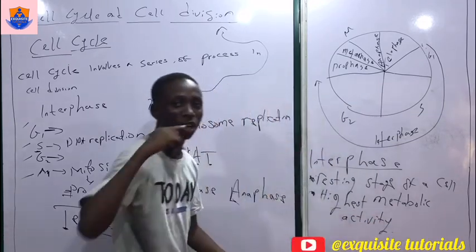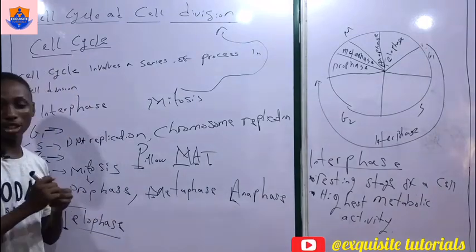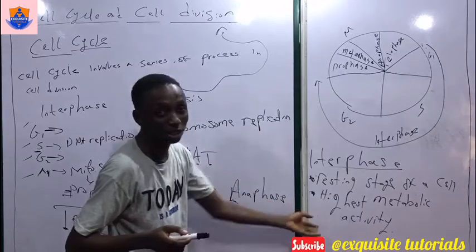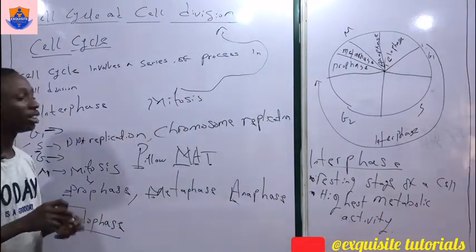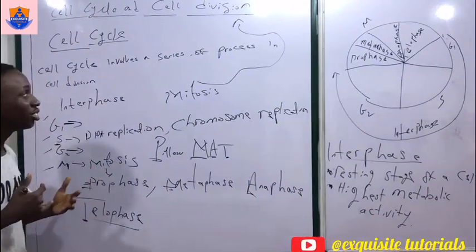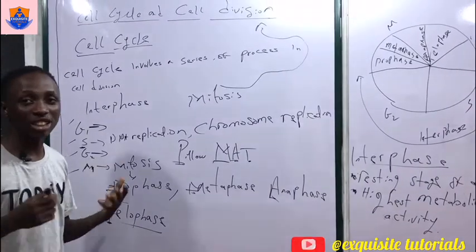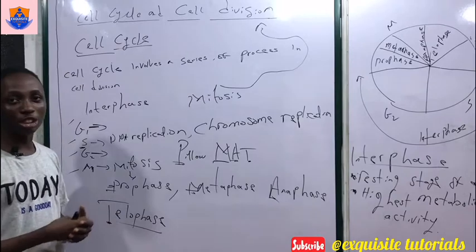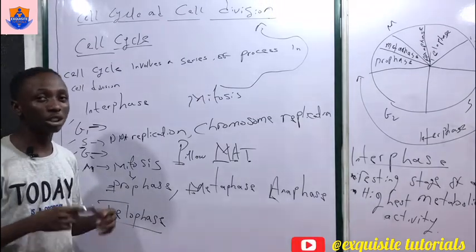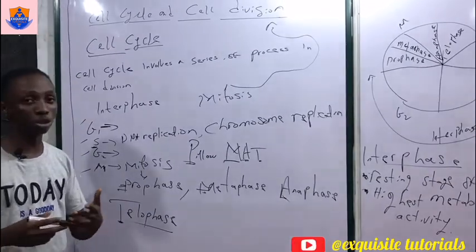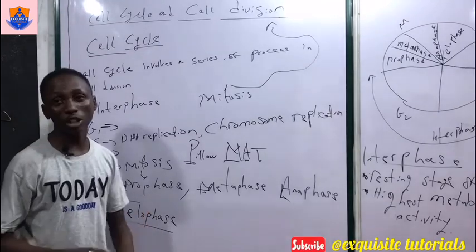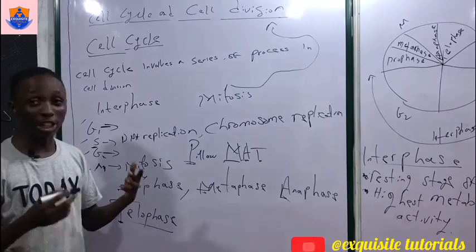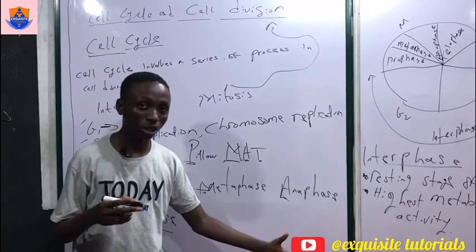Which means during the interphase, the cell is actually in its highest form. It has the highest metabolic activity. During the interphase, the cell gathers energy. It stockpiles energy, it keeps energy. Now this energy is used for the production of new cell organelles like the mitochondria, the endoplasmic reticulum, the Golgi complex. This is the function of the energy that the interphase stockpiles during that process.